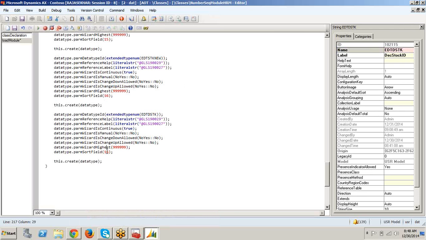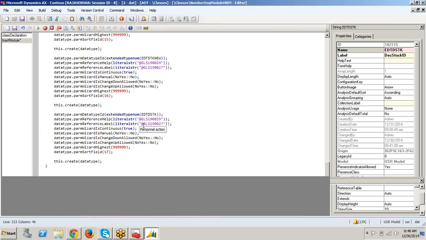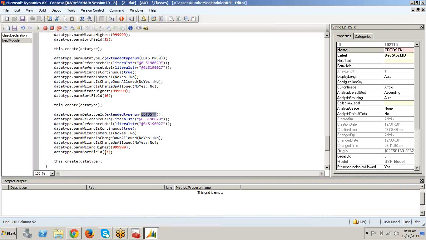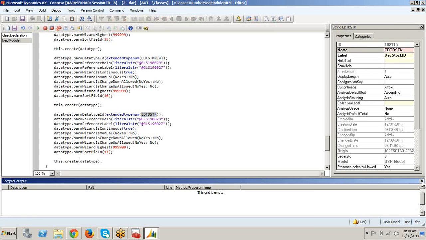That's it. Just copy the previous code here, change the extended data type num and give the extended data type, and here change the sort field number. Here we are changing only the EDT name, right?